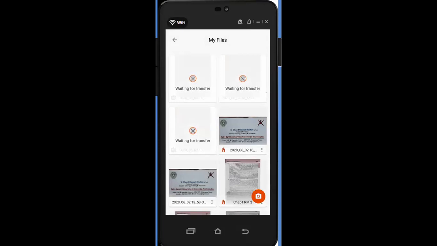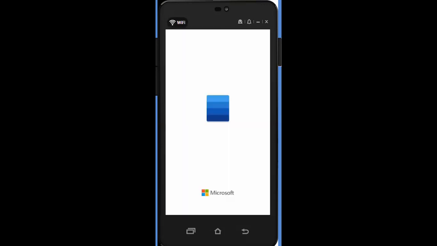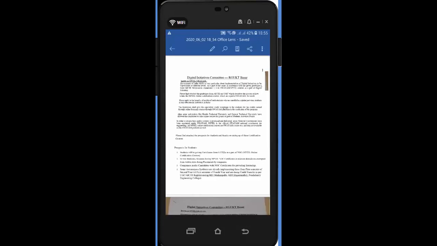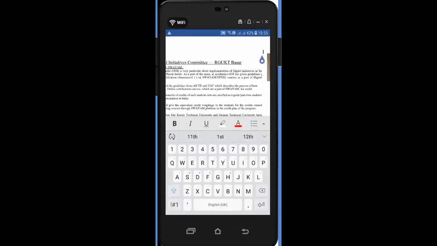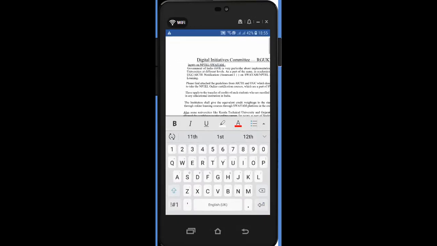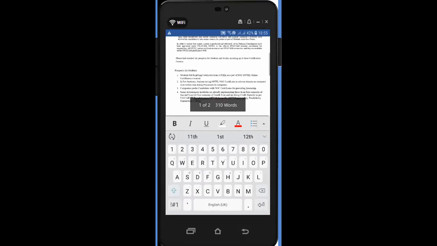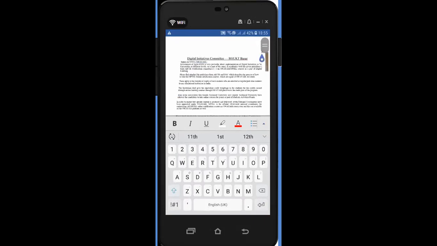So now it is saving all the different types that we wanted to save. Now let me open the Word document. There is something very interesting that comes up. Now the picture that you have taken, it's called OCR, optical character recognition. So what it does is, all the content is now editable. I mean, that's the beauty of it. So all of that we have seen, you can now edit it. Unless the scanning is not good or something like that, it would give you all the content that is available. This is the best part of it.